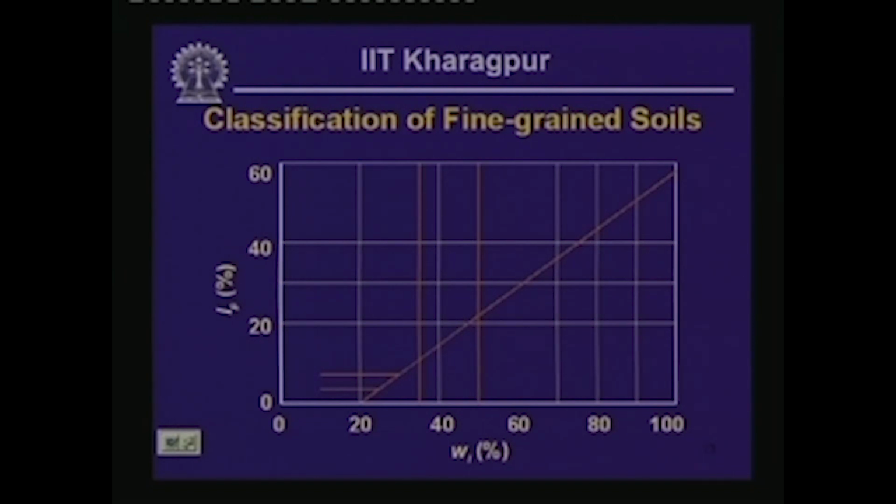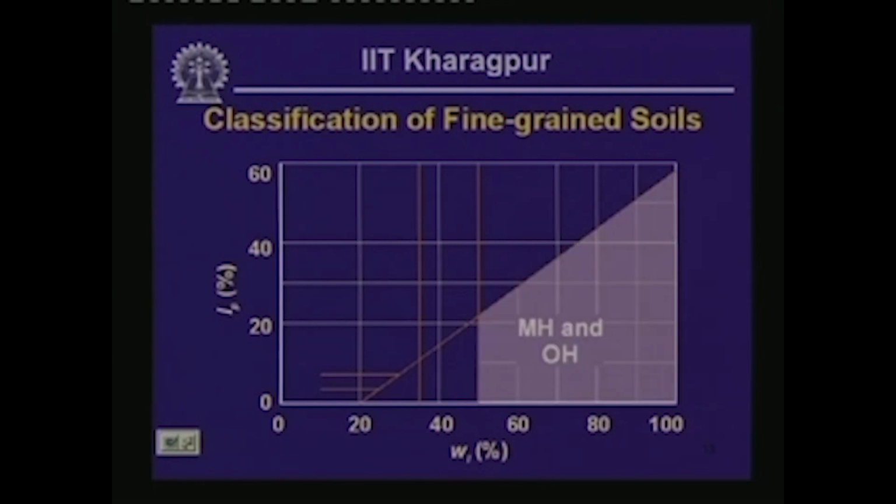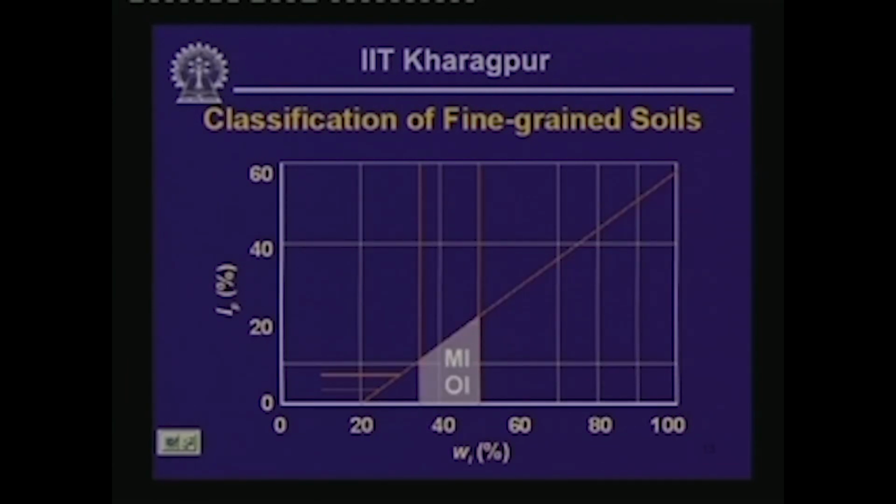Okay. Then we get into the classification of fine grained soils. So, we begin with a plot of the liquid limit versus the plasticity index, and I want you to notice several different zones in that particular chart, and depending on which zone your soil sample falls in, you are going to classify the soil sample according to that. So, first of all, we have got MH or OH at the lower right corner of this particular plot. Then we have got MI or OI at bottom center, then ML at bottom left,